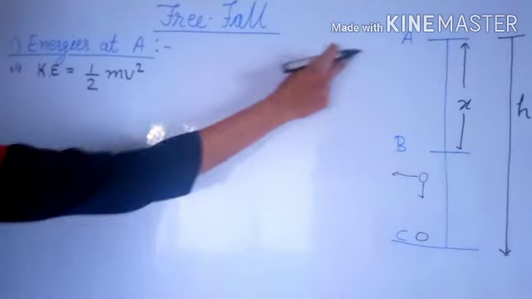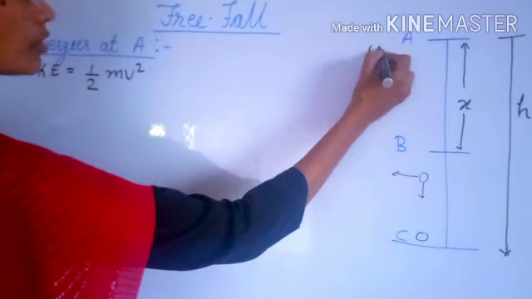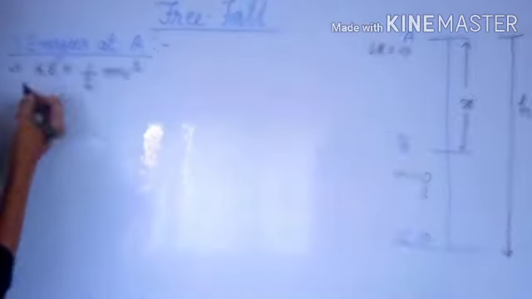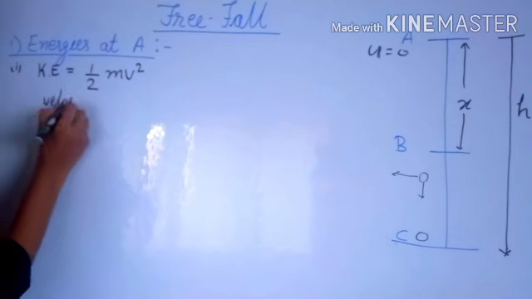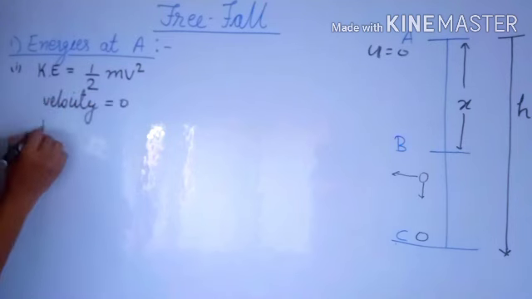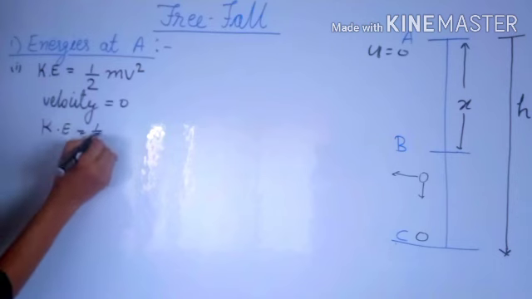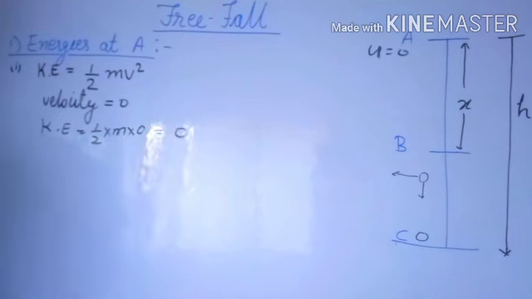Now at point A, the object is falling freely, so the initial velocity is 0. So here the velocity is 0. So obviously kinetic energy is equal to half m 0 equals 0. Now we'll find out the